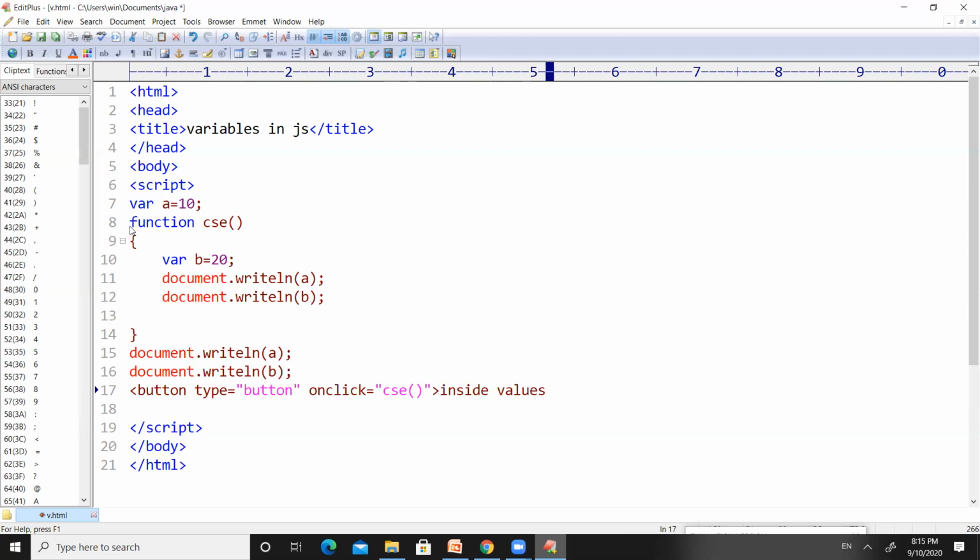I will show how to create an object, how to call that method and how to access the variables in the next session. So before explaining creation of objects, I am trying to execute the CSC function with the process we have already known. I think you all know this process of creating a button and executing a function by clicking on that button.